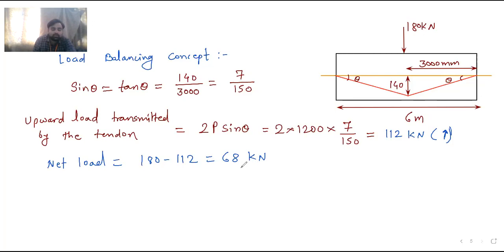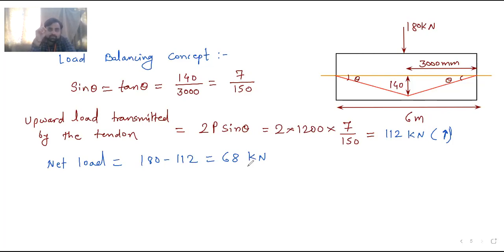Okay, now calculate both the bending moments due to this net load and due to the dead load also, and then we will calculate the total bending moment and then M by Z. Now, for the load balancing concept, it is P by A and M by Z. Only two terms are there. Remember this. Whenever you are using stress concept, listen very carefully. This is very important. When you are using stress concept, the terms which come into the picture are P by A as the first term, P by Z as the second term, and M by Z as the third term. These three terms will be there.